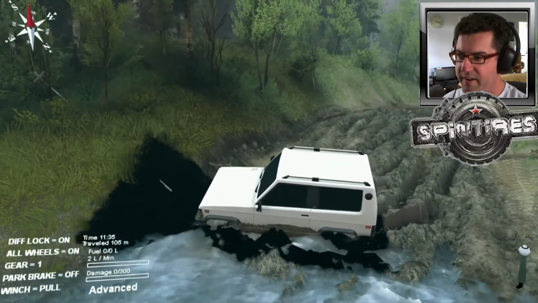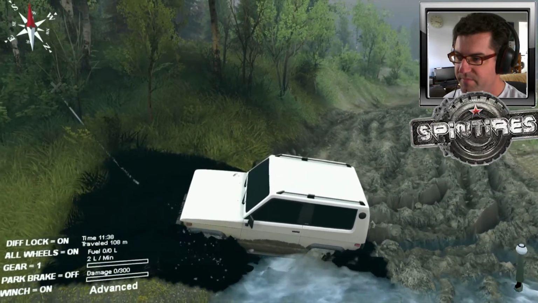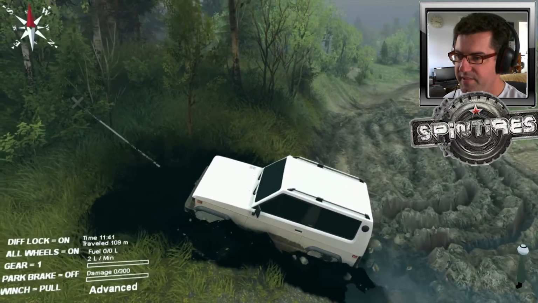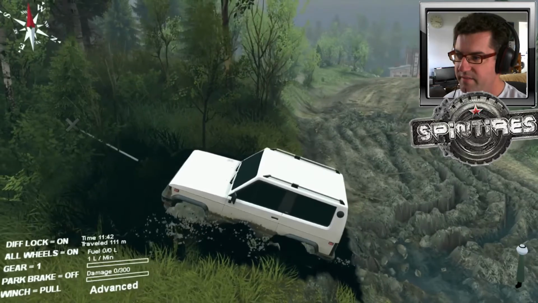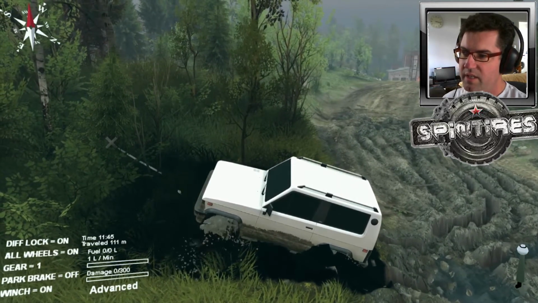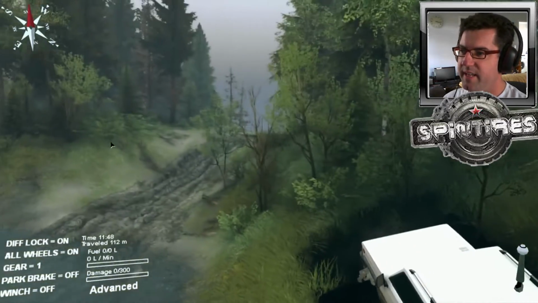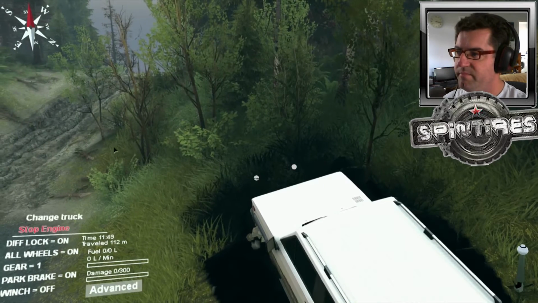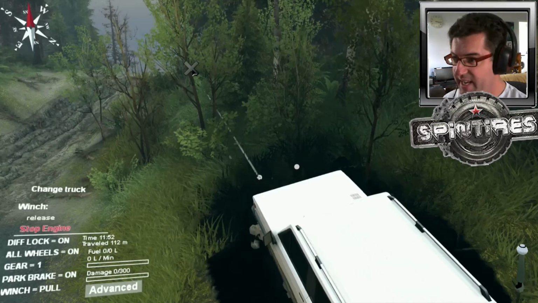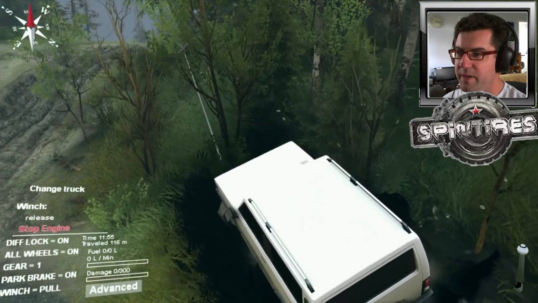We have to try and go around this mud now because it's not going to make it through it. Oh, it's not even going to make it through there. Wow. Okay, so let's see. We'll try and get another winch point. Alright, try again. At least it's light. It's light to winch it through, so...